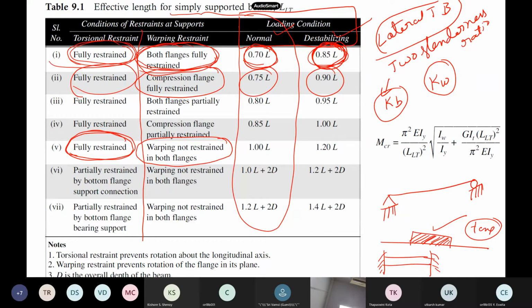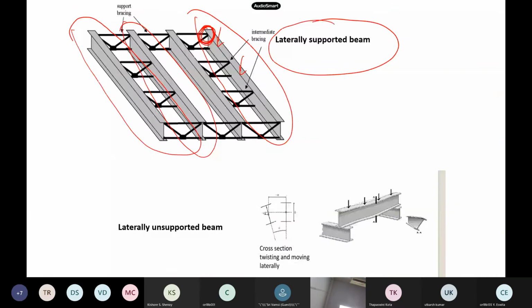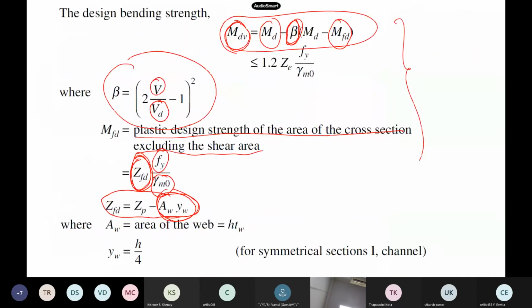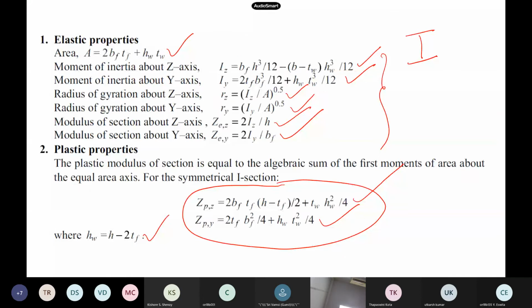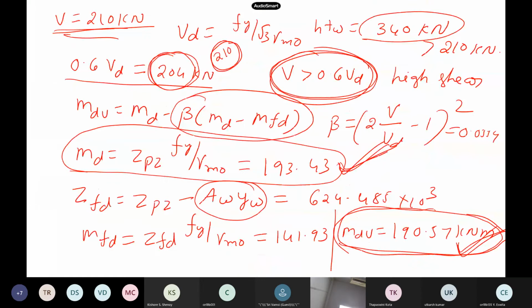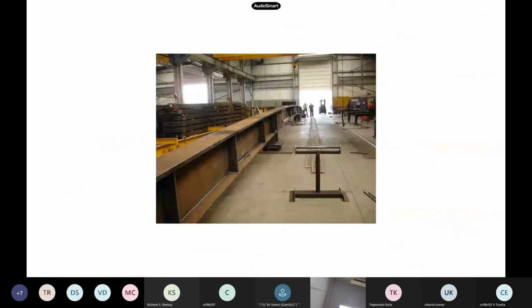Among all these values you can take any value you like, but you have to clearly mention what you are using in the problem. In this problem we will take the easiest case, that means 1 times L, so there is no need for any simple calculations. That means torsion is fully restrained, but warping is not restrained at the flanges. The flanges can move happily, no restraint is there. So we take it to be 1 times L. You can take 0.7 also, but please mention at the starting of the problem what you are doing if nothing is mentioned. But do you know what we mean by 1 times here?